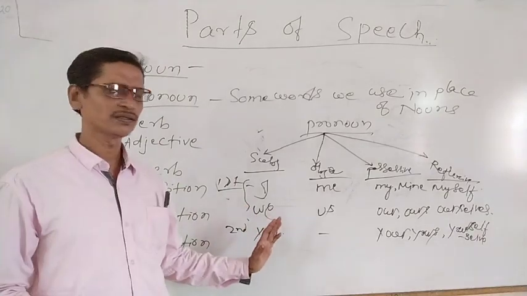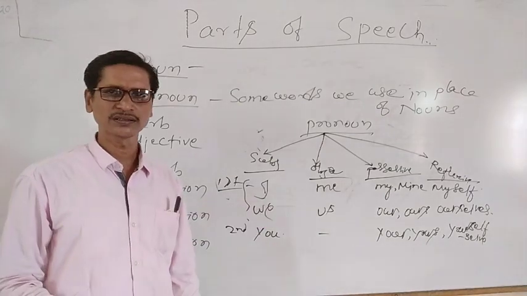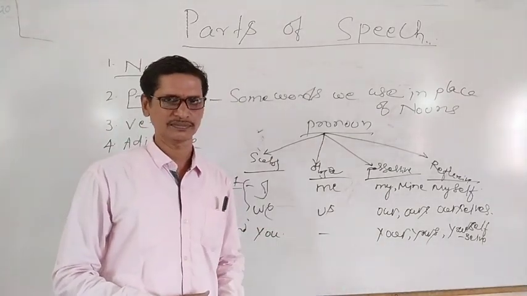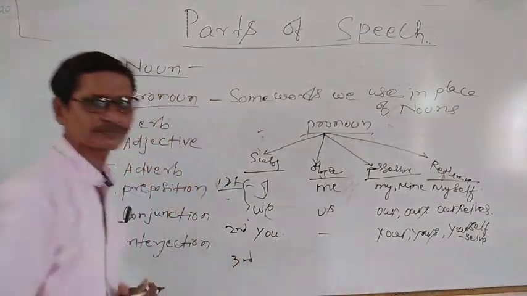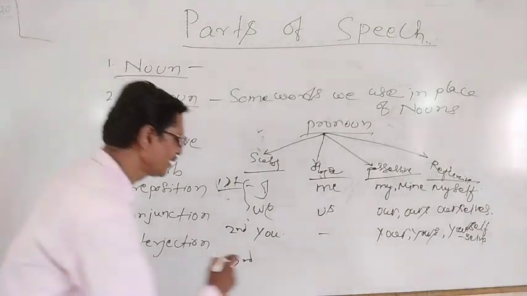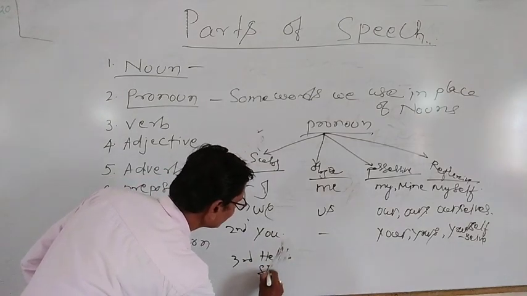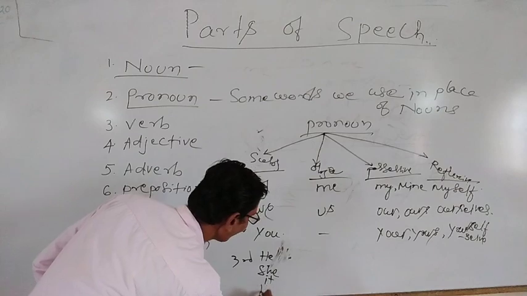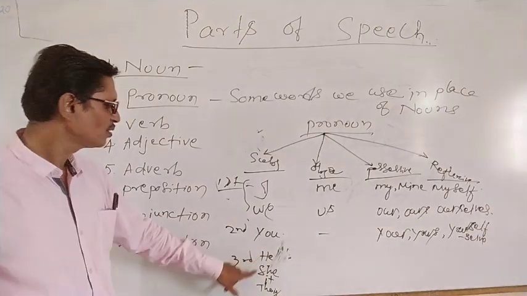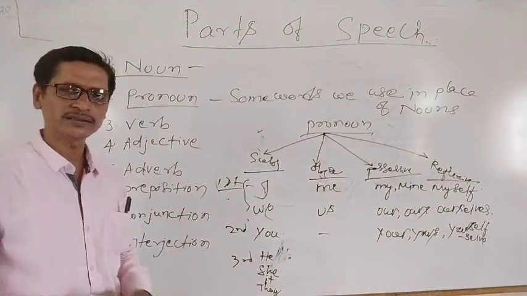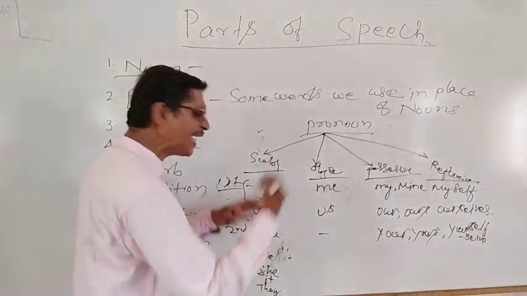Therefore, pronouns have been used in different ways as a subject, object, possessive, and reflexive. Besides them, there are third person pronouns like he, she, it, and they. The third person, most are he, she, it, singular, whereas they is plural. So they also have their